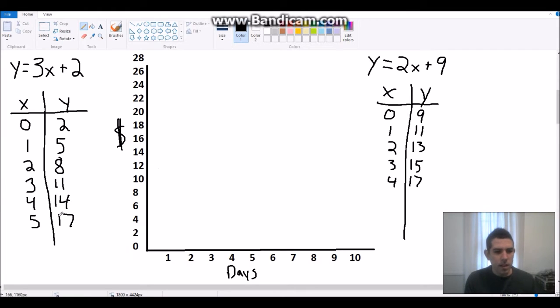Let's see, at the 5th day, he has $17, but he has 17 at the 4th day. Those are not equal because the days are not the same. On the 5th day, he'll have 19, not quite equal yet. Eventually, though,